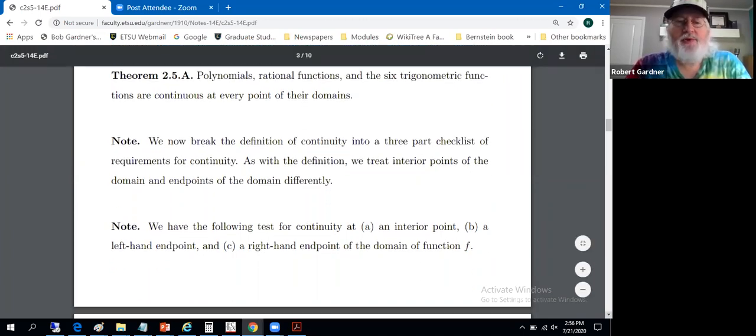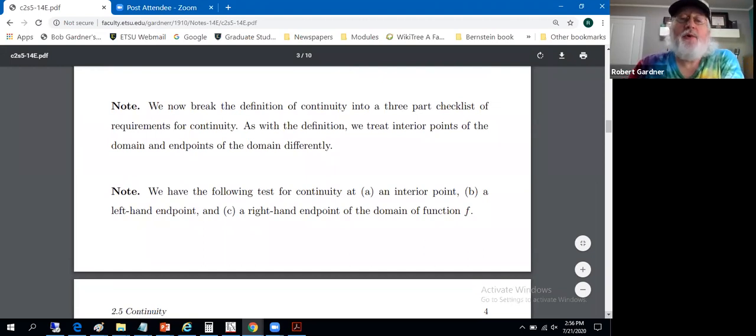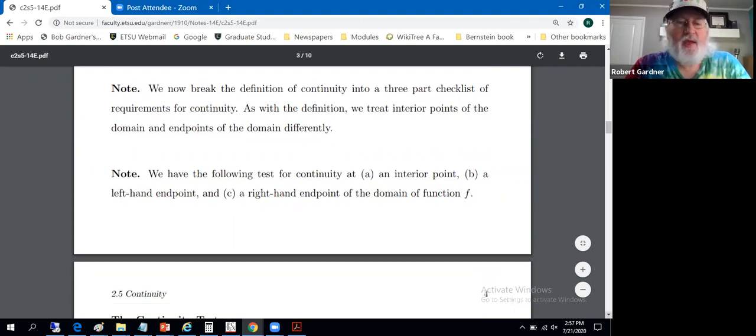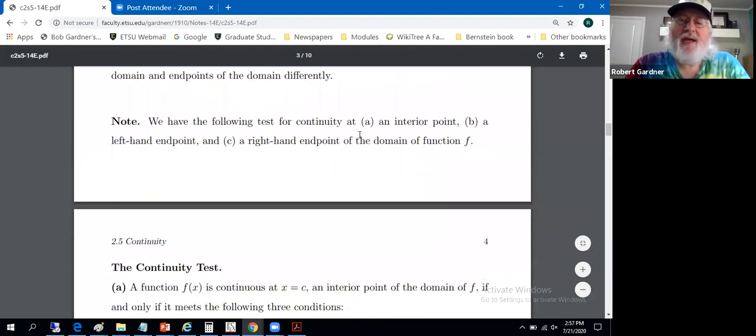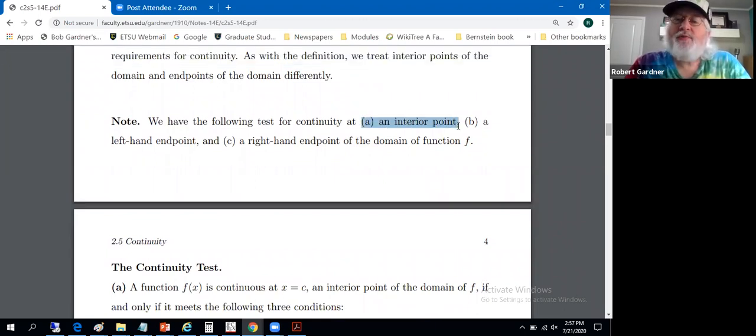All right, so what we're going to do so we can test a function for continuity more cleanly, more rigorously, is break the definition of continuity into a three-part checklist of requirements for continuity. We'll treat interior points and endpoints of the domain differently, like we did in the definition. Okay, so we have the following tests for continuity at the three kinds of points we'll deal with. An interior point, which we'll deal with probably most often, a left-hand endpoint, and a right-hand endpoint of the domain